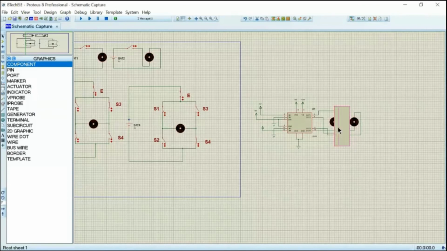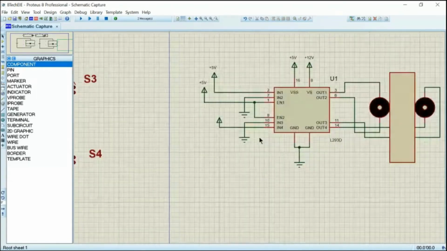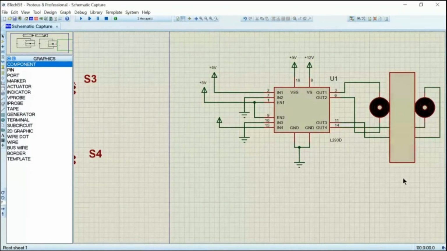For making the robot move forward, both the motors have to be in clockwise.